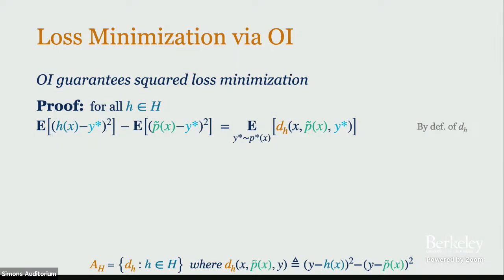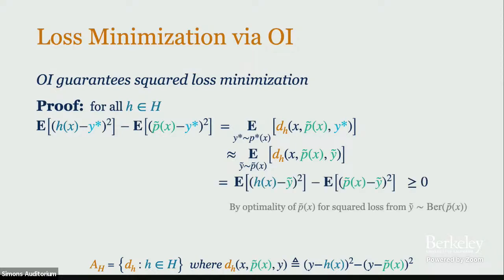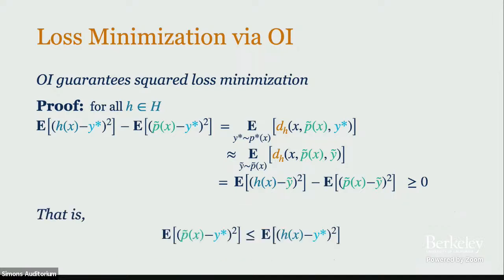So what are we going to do? We're going to look at the true loss of h and the true loss of p tilde for some h in our class. This difference is equal to this distinguisher value. That's how we defined it. By outcome indistinguishability, we can switch from nature's world to the modeled world. That's what outcome indistinguishability says. We can switch where our outcomes are sampled from nature to a world where outcomes are sampled according to the model of nature. Then, just by the definition, we can expand this. And by the optimality of p tilde, we know that it is the minimizer in the modeled world. So this value has to be non-negative. Just rearranging then, we see that